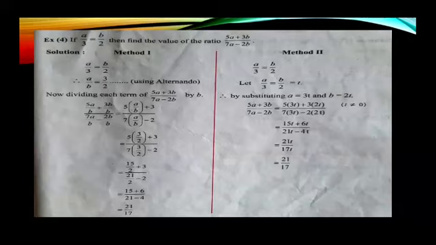This is a mixed fraction, so it comes into proper fraction as 15 upon 2 plus 3, upon 21 upon 2 minus 2. We need to equalize the denominator, then only we can solve. So we will get (15 + 6) upon (21 − 4). That we will get as 21 upon 17.